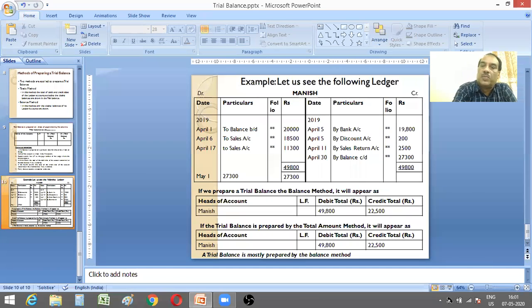what happens? To balance b/d. To balance b/d, what does it indicate? Please try to remember the balancing. So when we write to balance b/d, it means